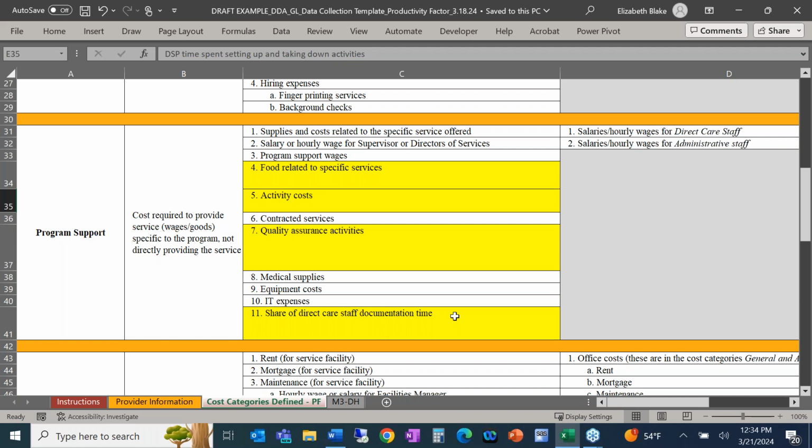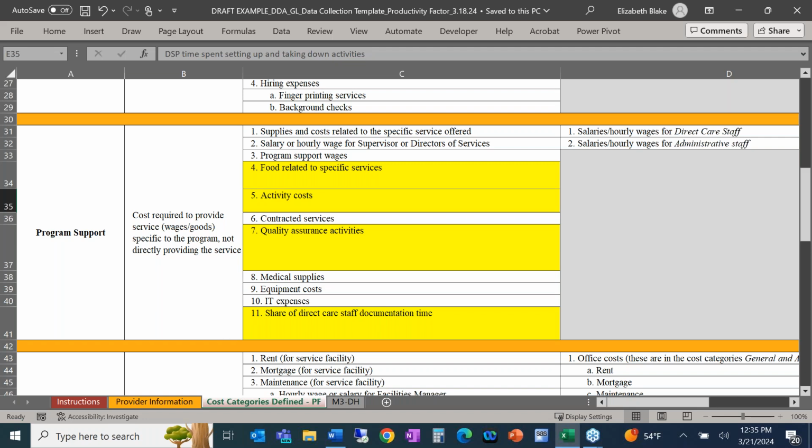For program supports, we're asking you to transition the non-billable hours and non-billable wages to the productivity factor data collection table for DSP time spent shopping for and preparing for food related to certain programs or services, DSP time spent setting up and taking down activities, DSP time spent on quality assurance activities like data validation or setting up activities, as well as the share of direct care staff documentation time. So all of those things are no longer going to be reported in the top of the template, which will all make more sense when I flip to the other tab,